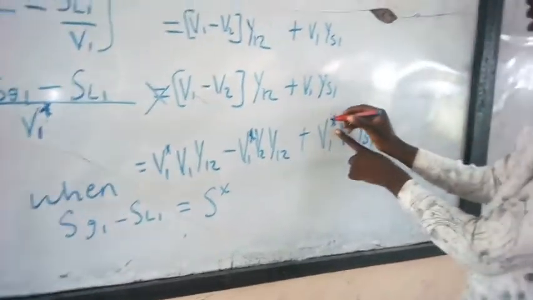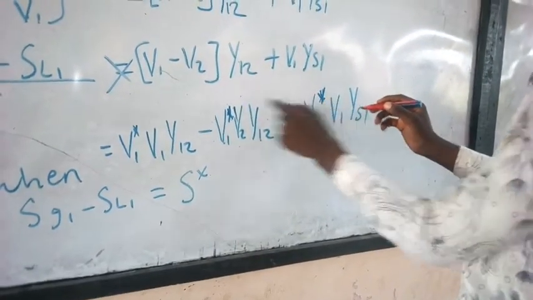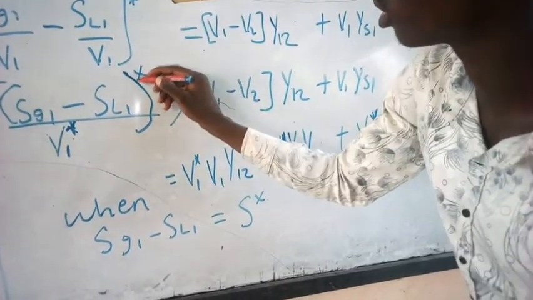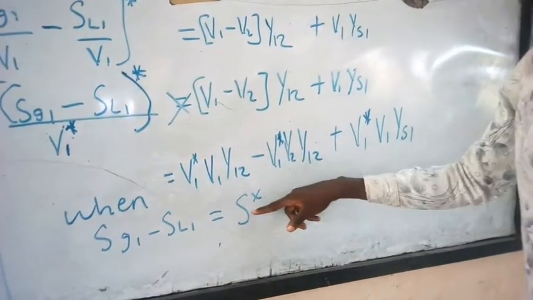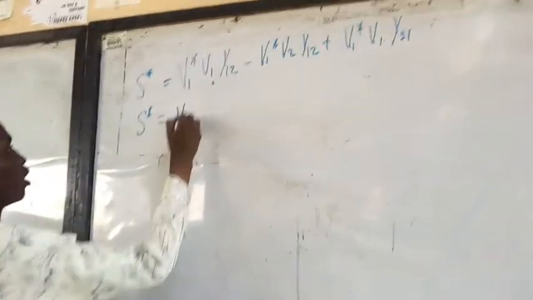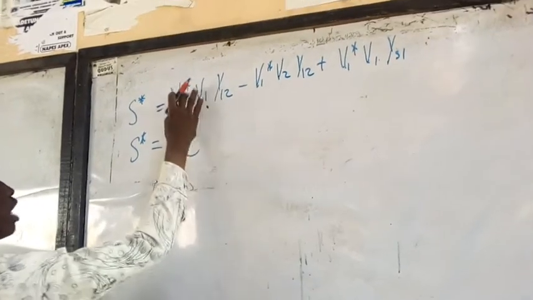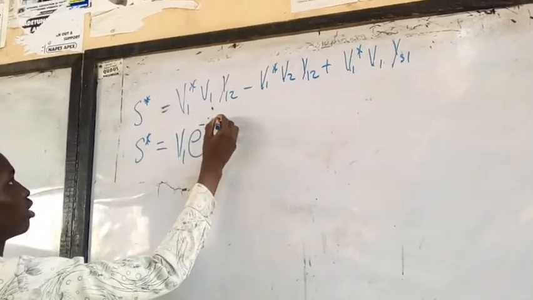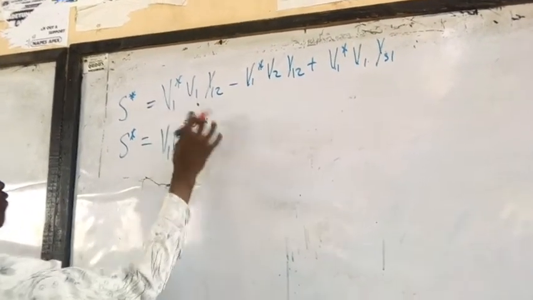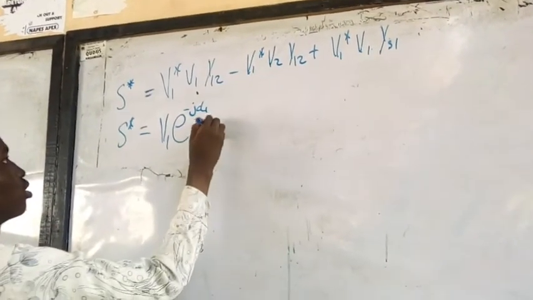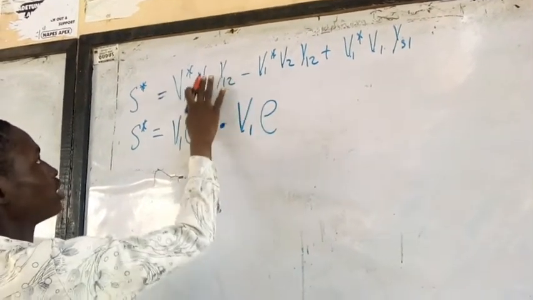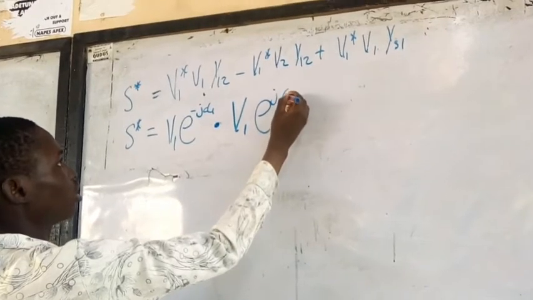And also conjugate here. That is the reason why we are having conjugate there, because this is conjugate. Even this one too again is what? Conjugate. Which gave us conjugate. This will be equals to, and this place will be v1, then e, due to the asterisk it will be minus j d1 attached to this, then v times v1, then e. Then instead of minus, because there's no asterisk here, just write j d1